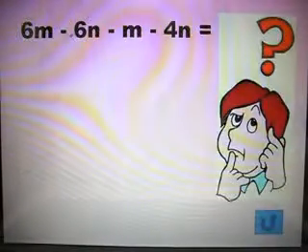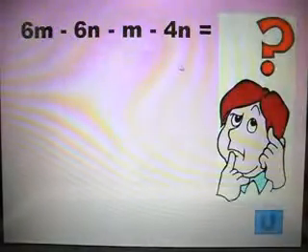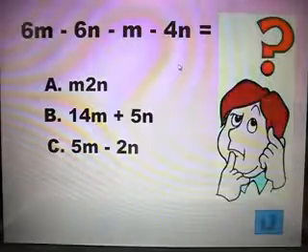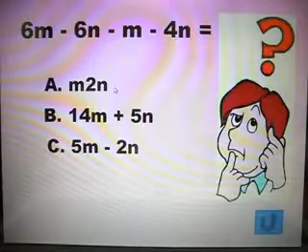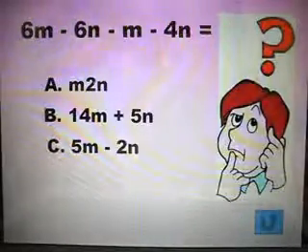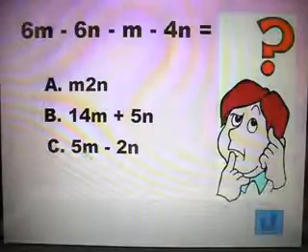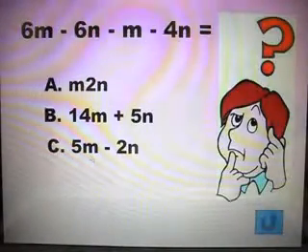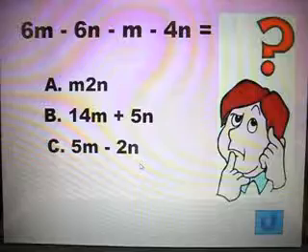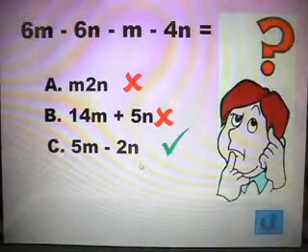If you have 6m minus 6n minus m minus 4n, what will your answer be? You have three options here. A, you have m to n. B, you have 14m plus 5n. And C, you have 5m minus 2n. So the correct answer will be C, which is